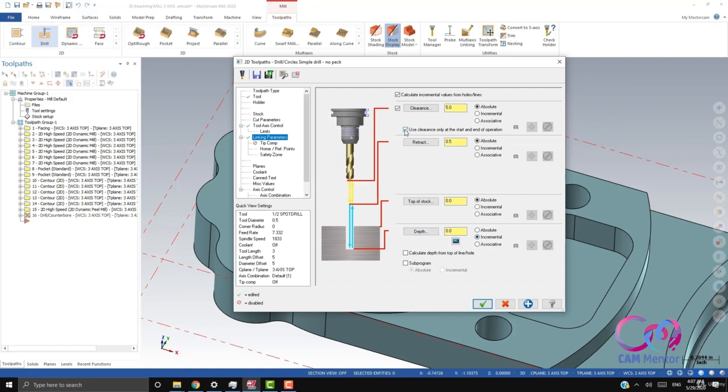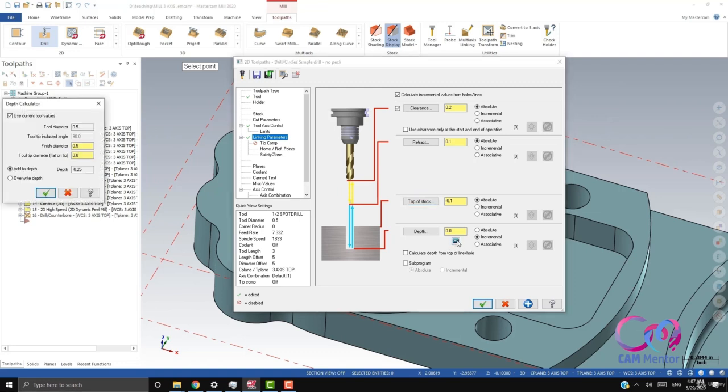So we can change the value for clearance, 200 thou, retract 300 thou. So for the top of the strokes is this, and the depth. So we will let Mastercam calculate how deep the spot drill should go for that hole. So we're gonna click on depth calculator, this one,